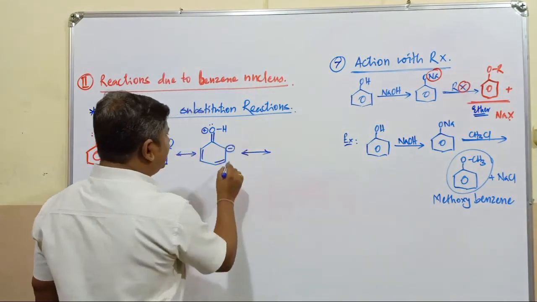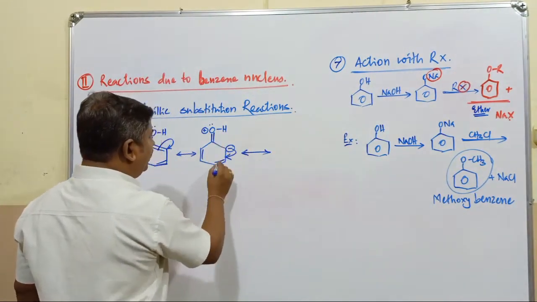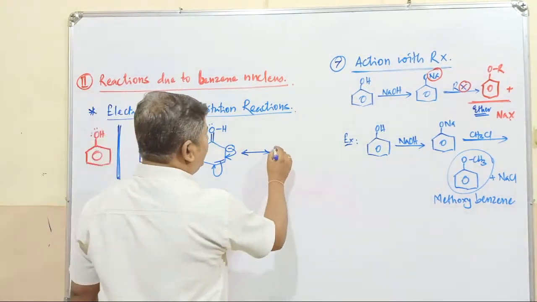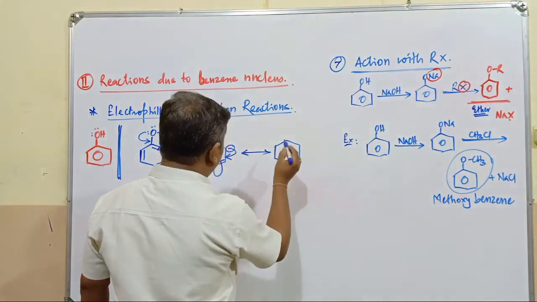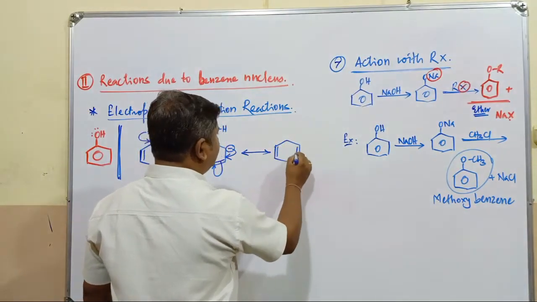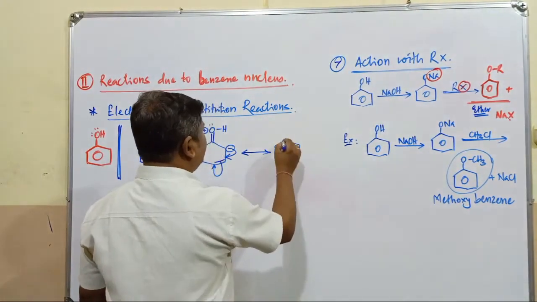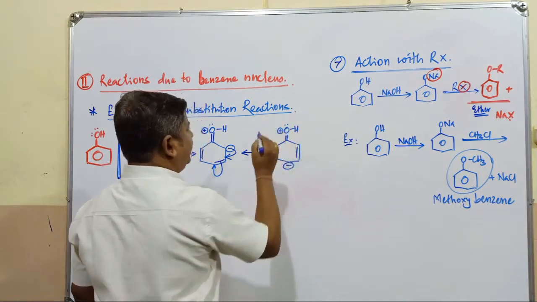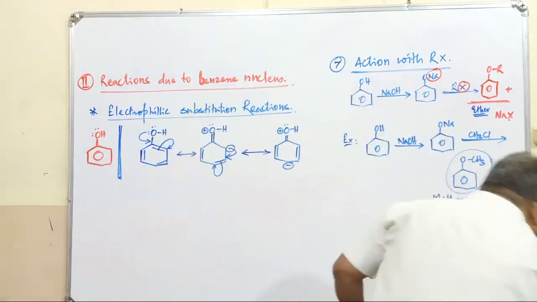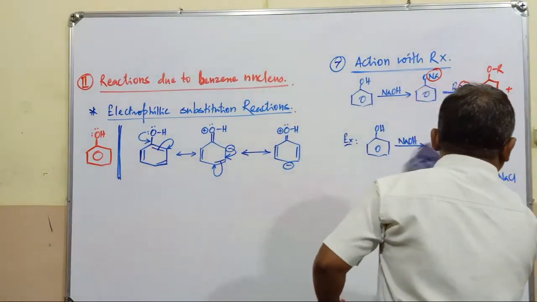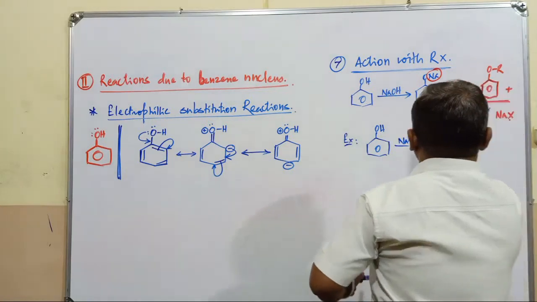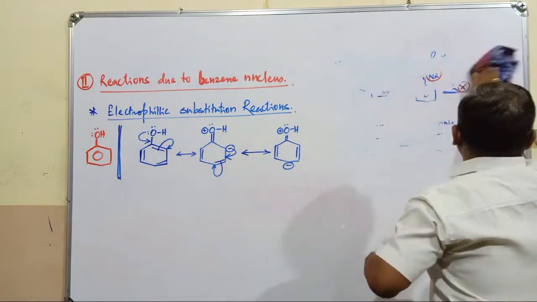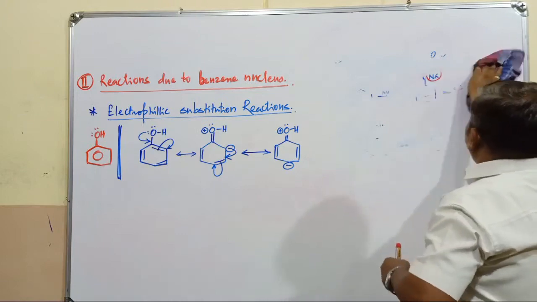What happens in the next resonating structure? These electrons are involved in the formation of a pi bond. Again the pi electrons are increasing electron density at the next carbon atom. So it is double bond. This is double bond. Here negative charge, double bond O. This is H, lone pair and positive charge. Next resonating structures of this compound. After the formation of this one, try to write the next resonating structure first. Complete 2 more structures in the case of phenolic compound.